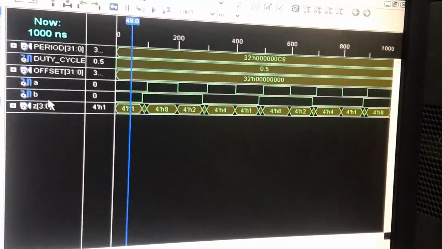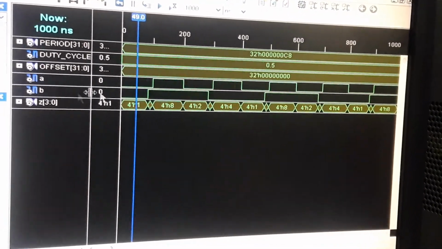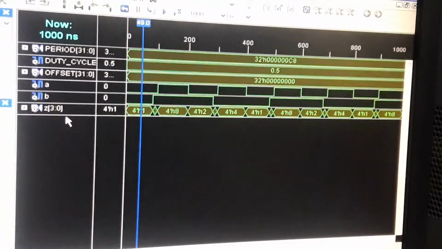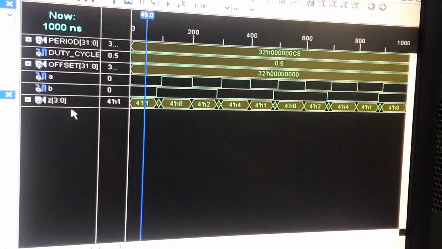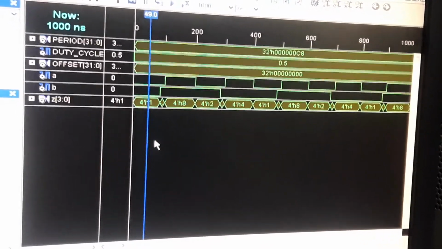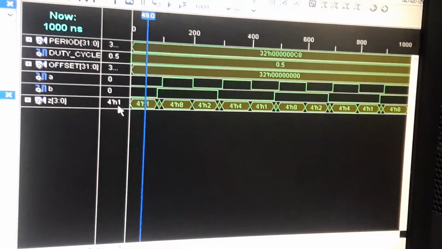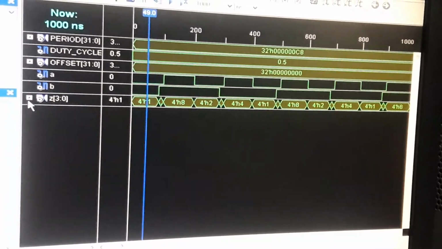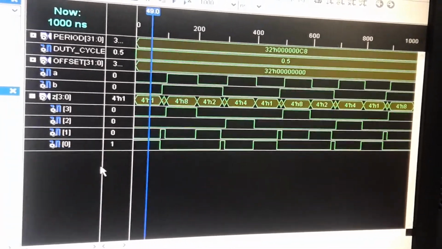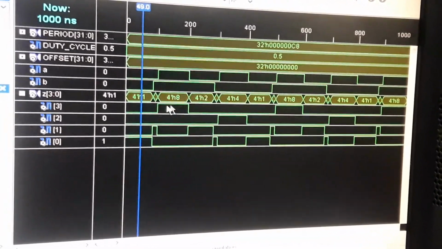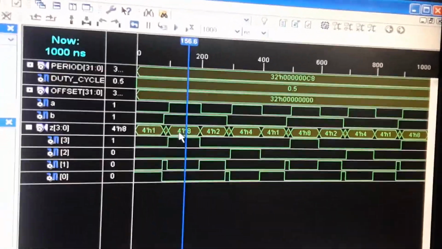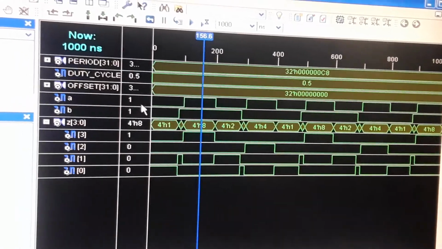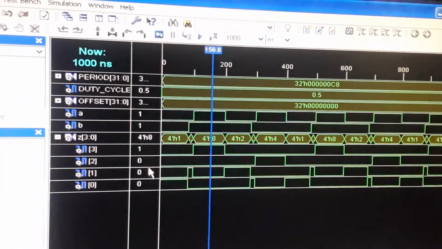So A and B are both 0 0. When both are 0 0, your output is 0 0 0 1, which is nothing but 1 in hexadecimal. So that is displayed. If you require all 4, you can click on plus and we will get it. Next, if you require the second input and second output, you can click on the second waveform. At that time, depending upon that waveform, your input and output will change.